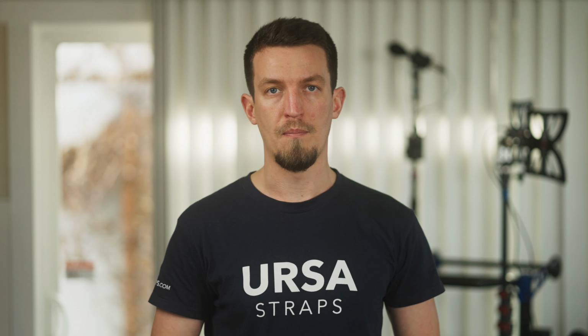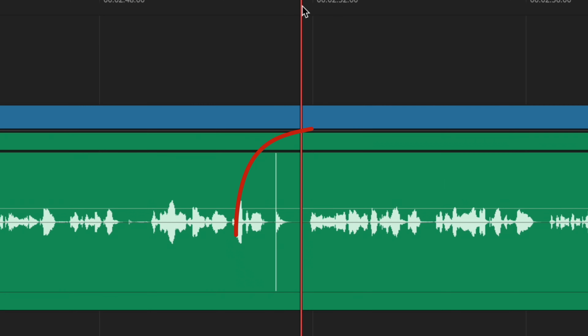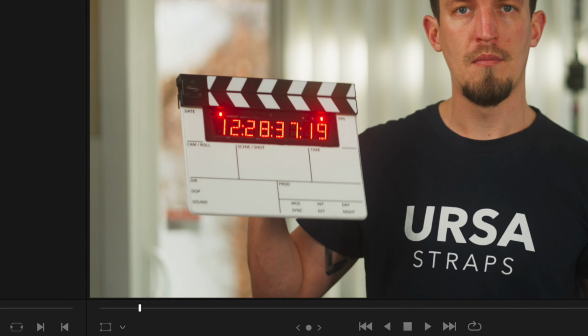So who is timecode for? Well, it turns out that timecode is for anyone who has a production where there's multiple devices that are all recording at the same time and need to be synced later. You can rely on the old tried and true clapperboard, where you see the little spike in the waveform and you can visually line that up to whatever frame the two sticks connected,